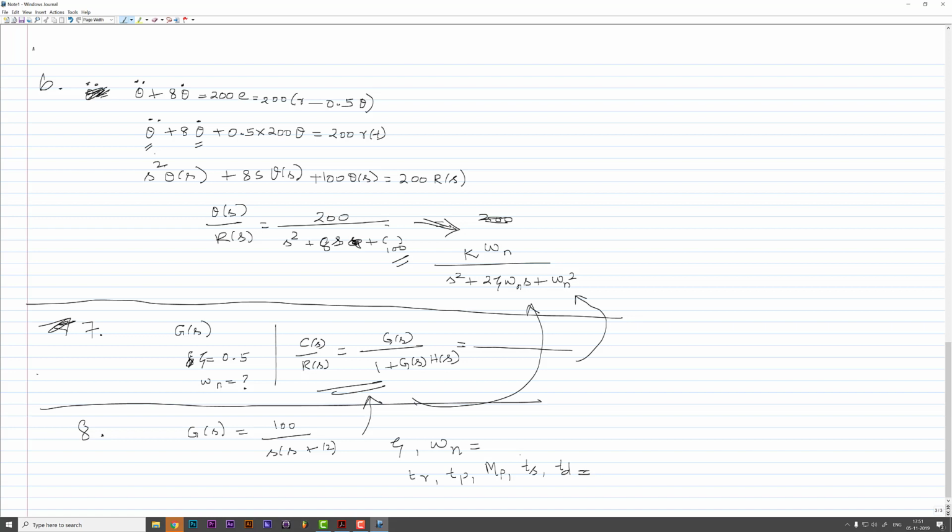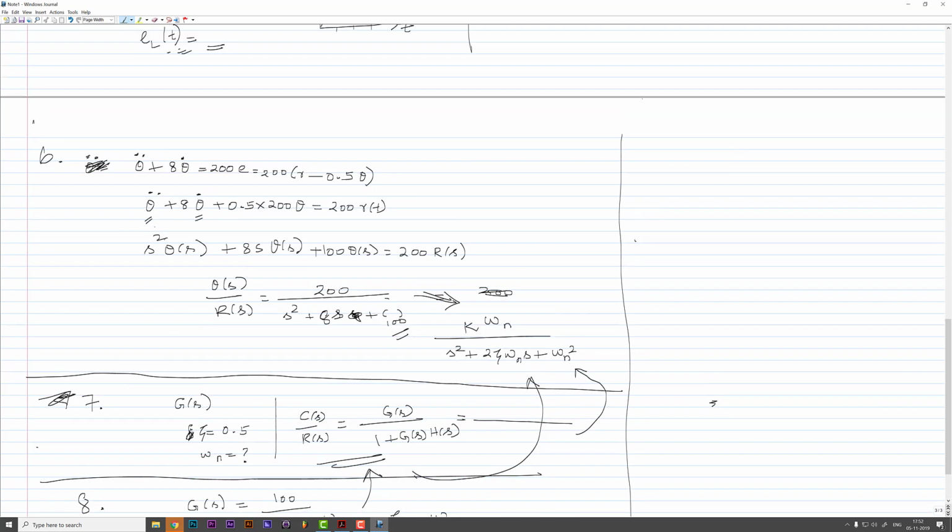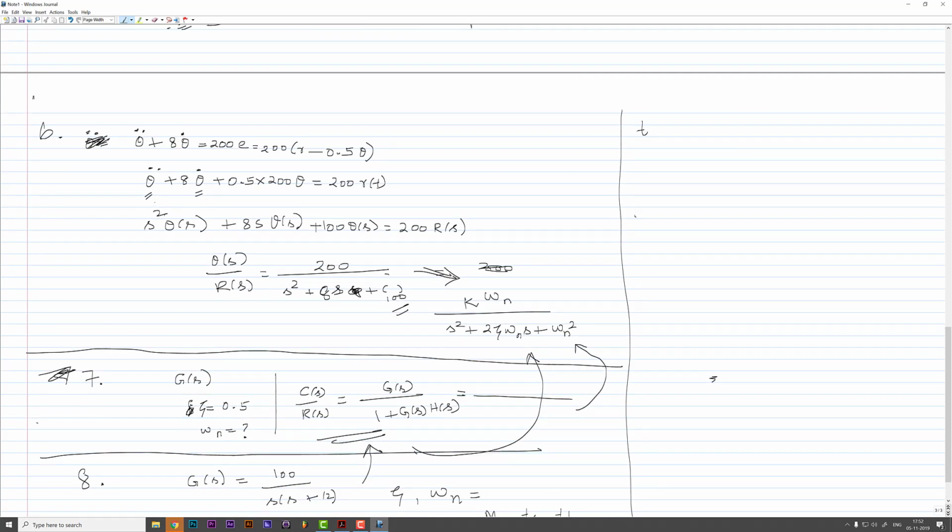Okay, so 9. I think this ninth problem we have already solved in the class, so I am not going to spend much time. The peak time is given. Question number 9, Tp is given